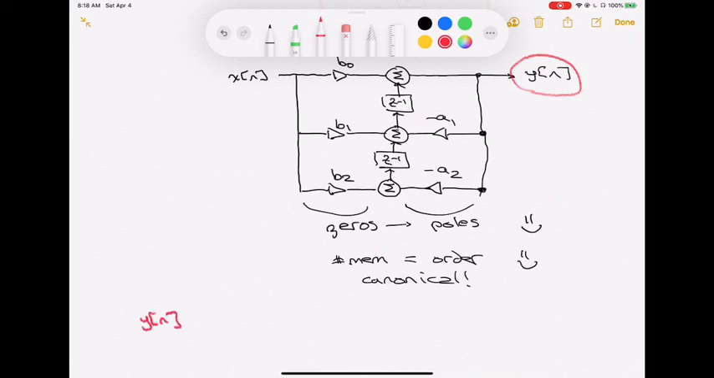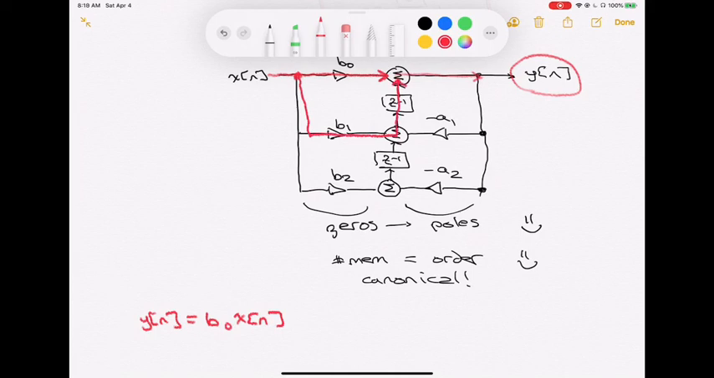What is y of n equal to? It's equal to a sum of a bunch of stuff. One of the things that gets summed in there is x of n times b0. That's this path. So we're going to get b of 0 times x of n. So that's one of those paths that comes in and sums to give me that output y. What's another one that I get in here? I get x of n times b1,